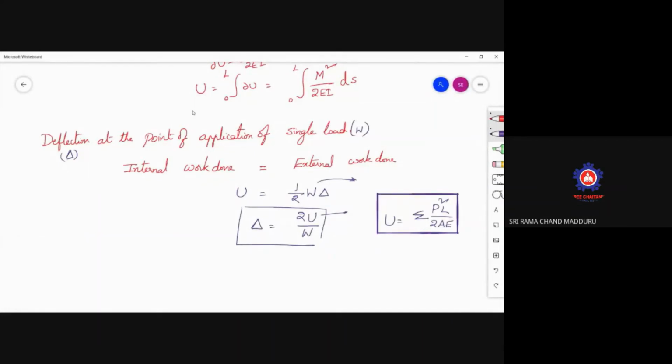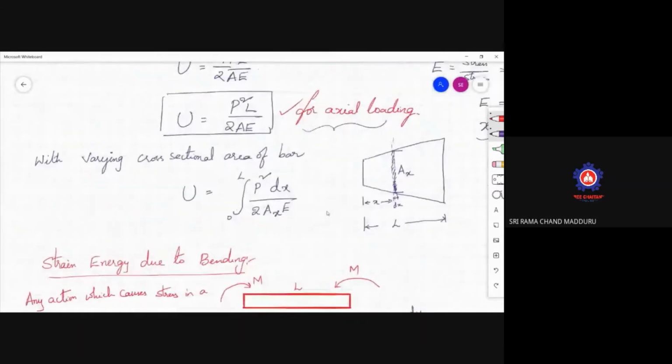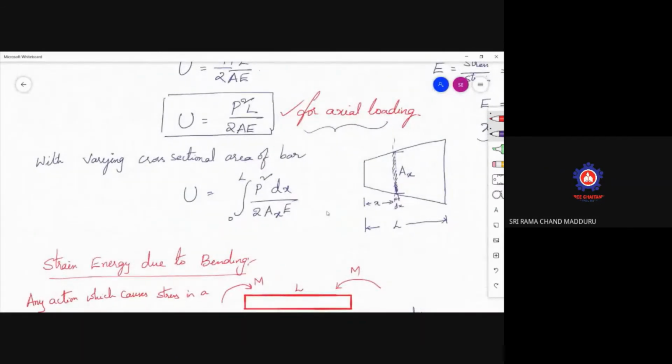Here U is nothing but summation of P square L by 2AE. Now let us go back to the first one, strain energy due to axial force. Now see, at each individual member, the strain energy is nothing but P square L by 2AE. If the bar is of uniform cross section, then the strain energy for each bar is nothing but P square L